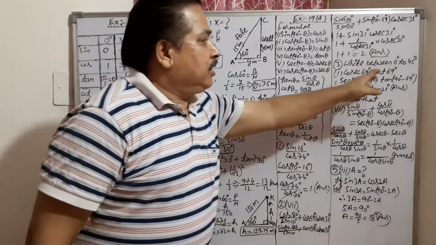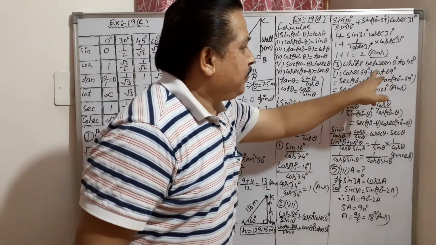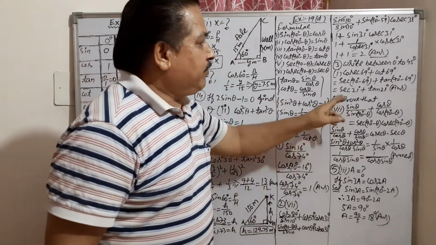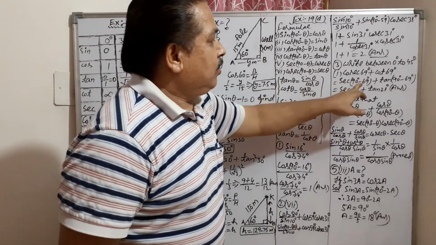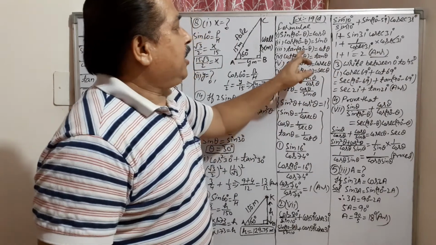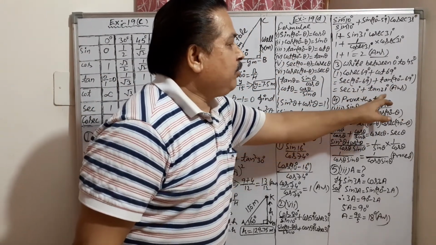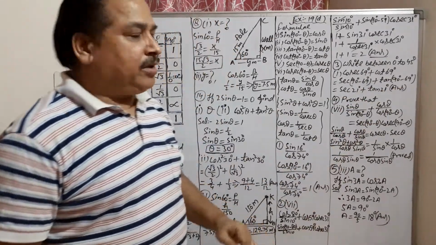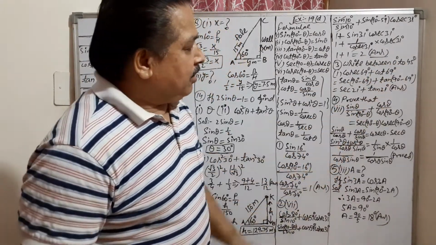Now write between 0 to 45 degree. So these are the 69 and 69 angles. So change them to between 0 to 45. So the cosec theta formula is sec 90 minus theta. So it will come sec 90 minus 69. And the cot theta formula is tan 90 minus theta, tan 90 minus 69. After subtraction it will come 21, which is between 0 to 45. 21 angles are between 0 to 45. Answer.